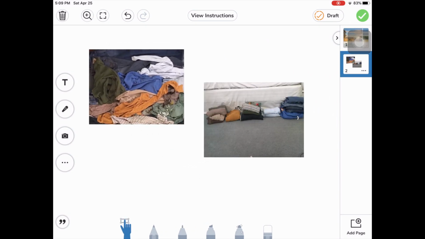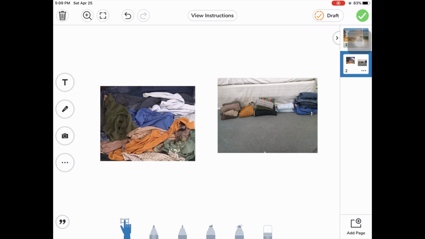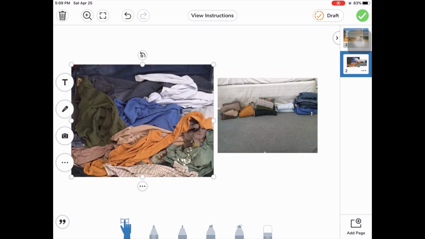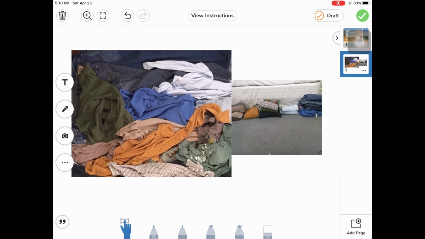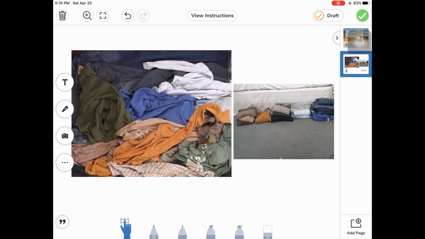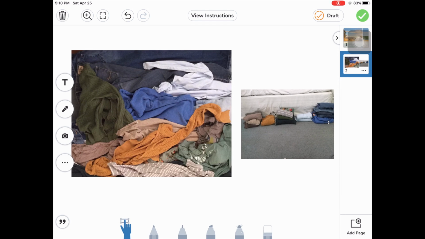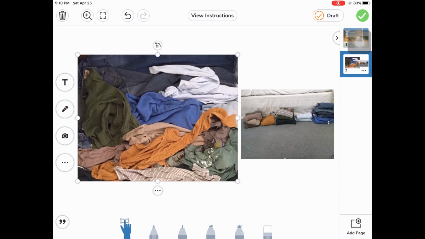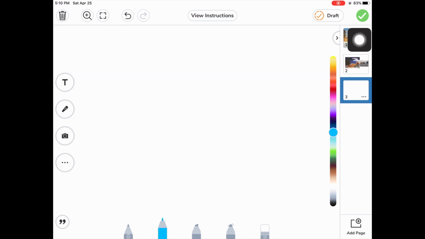I can move them around, I can change their sizes, which I recommend that you do to make sure that we can really see them. So I like to drag on the corners, click and drag to make them nice and big. Another option for you would be to do 3 pages and have a page for each thing. I'm gonna hit add a page. So now I'm up to 3 pages. And on this 3rd page, that's where I'm going to answer my questions